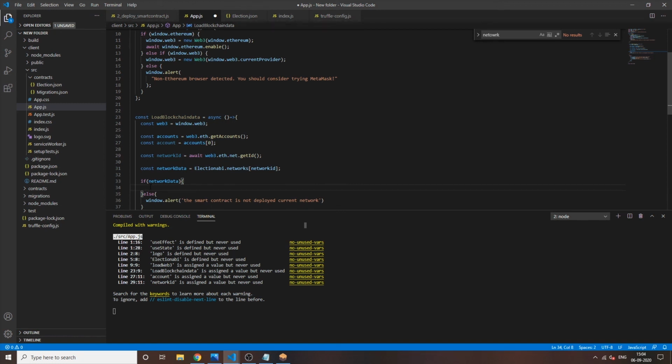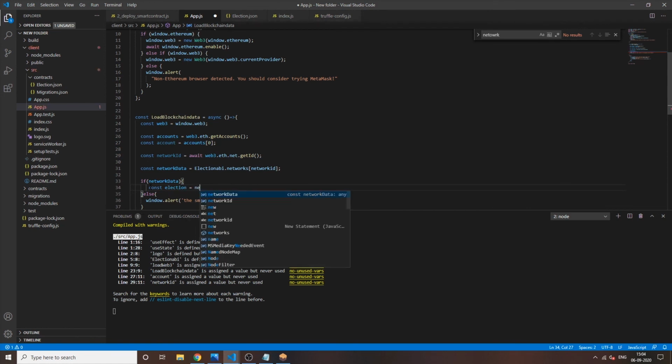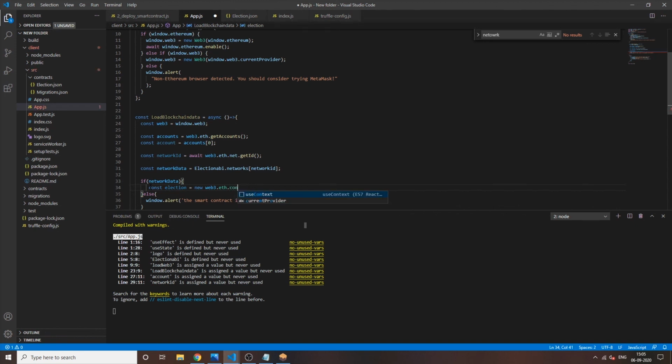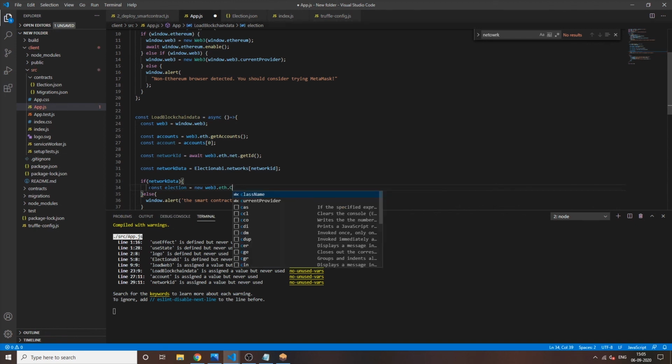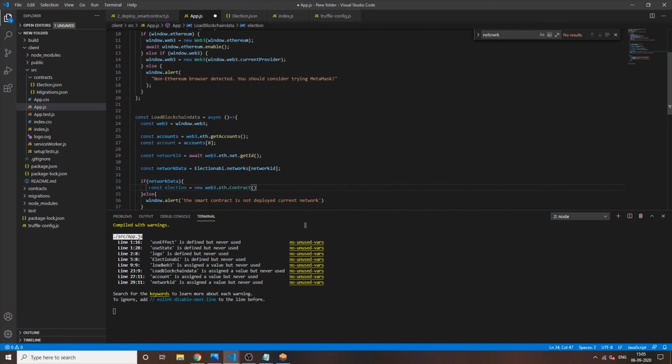Now we will define our smart contract so that we can interact with it. So we will define the smart contract in the front end by simply writing some code. Just type election, give a variable the name election, and write the keyword new web3.eth.Contract, capital C Contract. Now it demands two input fields.